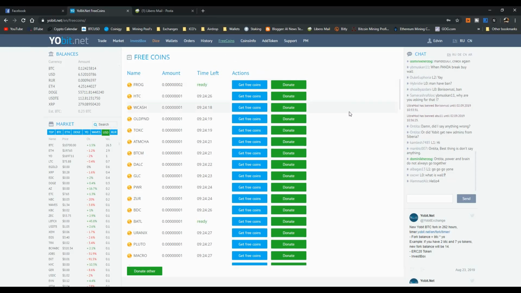You can get free coins, but unfortunately from time to time they change the rules of the free coin section. For example, the last time they changed the rules was when they launched the Yo token, or let's say the native token of this crypto exchange, where basically they needed you to buy and hold this token, and that's the reason why this token has gone up so much in price, because you have to buy this token and you don't have to sell this token to be able to get free coins, or maybe to be able to